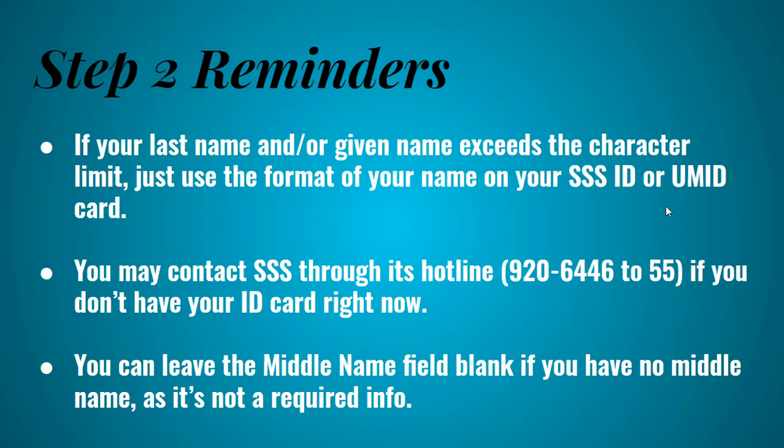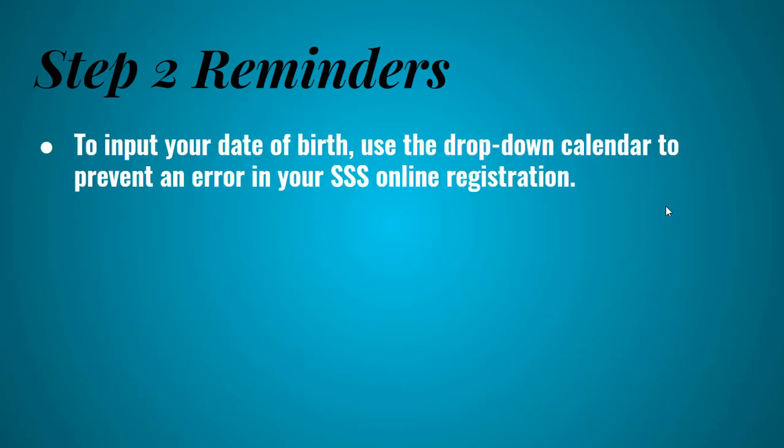You may contact SSS through its hotline at 920-6446-255 if you don't have your ID card right now. And you can leave the middle name field blank if you have no middle name, as it is not a required information. To input your date of birth, use the drop-down calendar to prevent an error in your SSS online